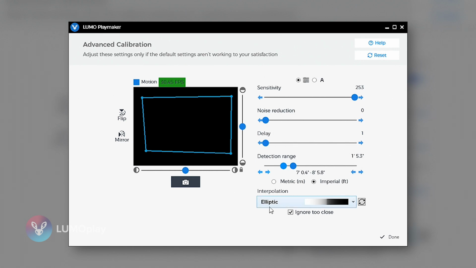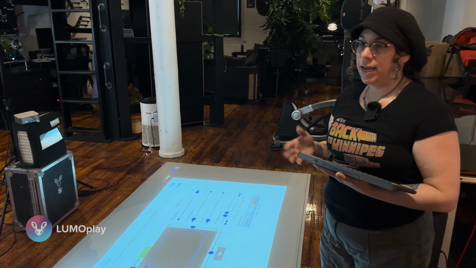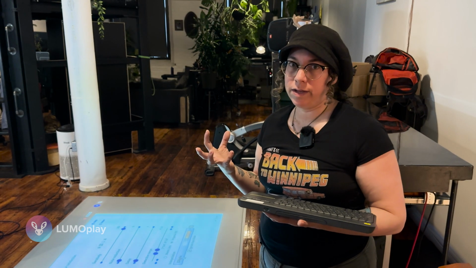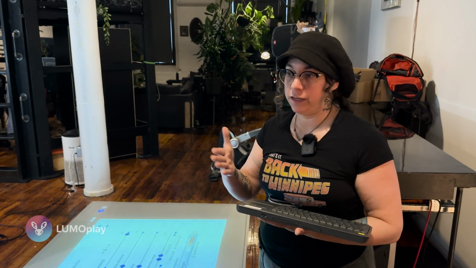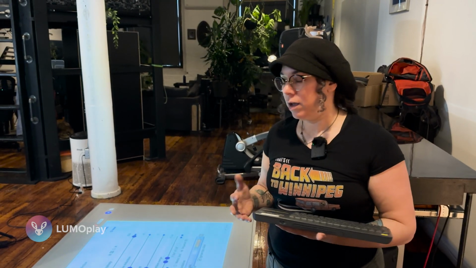Now I want to talk a little bit about interpolation. LUMOplay's interpolation is by default set to elliptic. And what that does is it creates a gradient in the depth feed that allows us to track closer things a little more accurately and further things a little less accurately. It just basically creates a noisy or a motion feed that gives us a little bit more variability